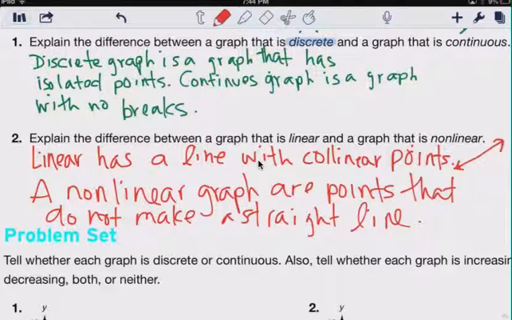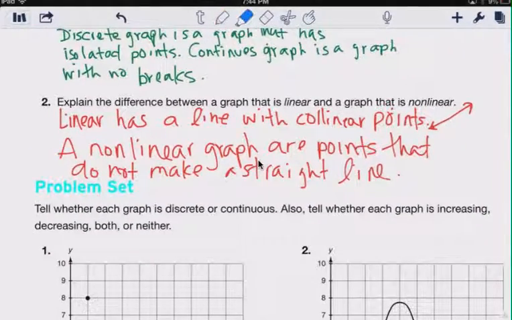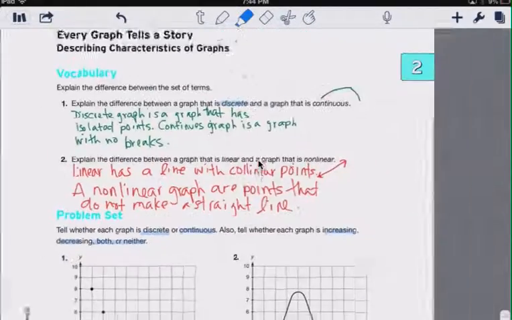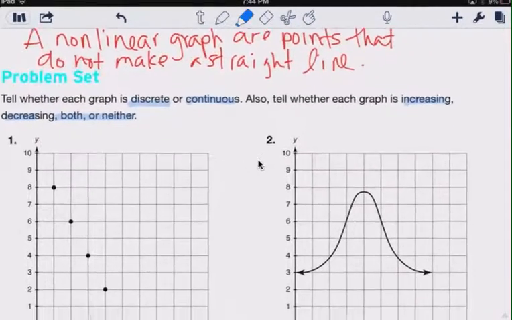Basically, tonight's homework on the practice is to explain whether a graph is discrete or continuous, and whether it's increasing, decreasing, both or neither. So it doesn't ask for linear. I was hoping that it would. Like the first one is a linear